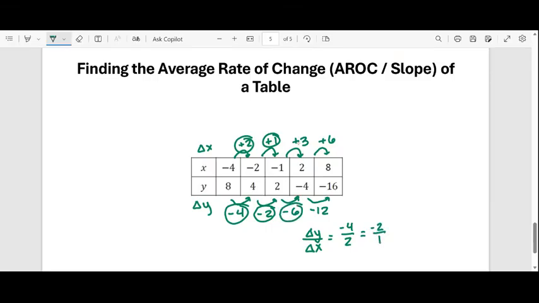Let's see about -6 over 3. Well, -6 divided by 3 equals -2. So all three of these things reduce to -2. And then let's try -12 over 6. So -12 over 6 also reduces to -2. So the average rate of change here